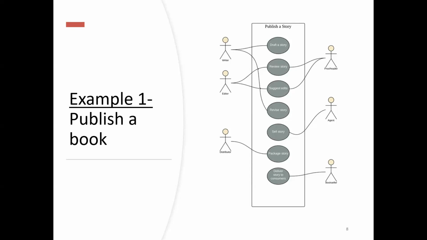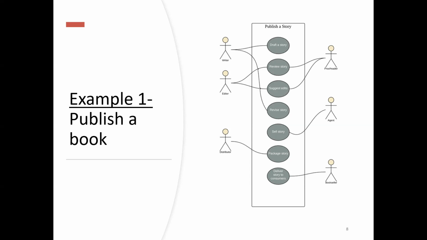The actors in this particular diagram are writer, editor, distributor, proofreader, agent, bookseller. So how do we identify the actors? It could be done in two possible ways. Firstly, by looking at the stick figures, and secondly, by noticing that all these elements are outside the box. Further, do note this,